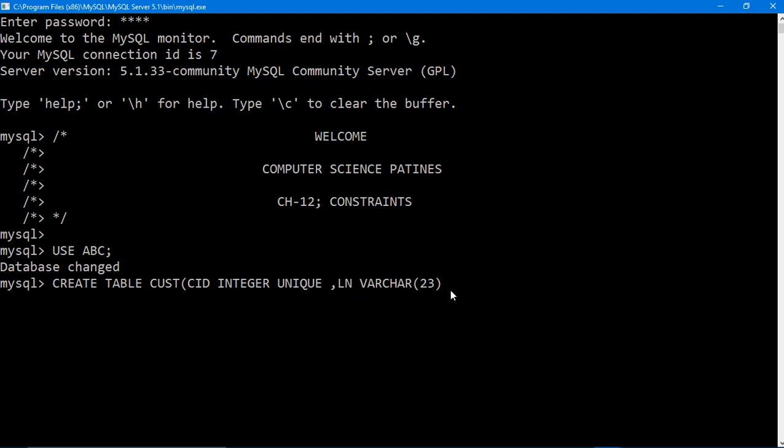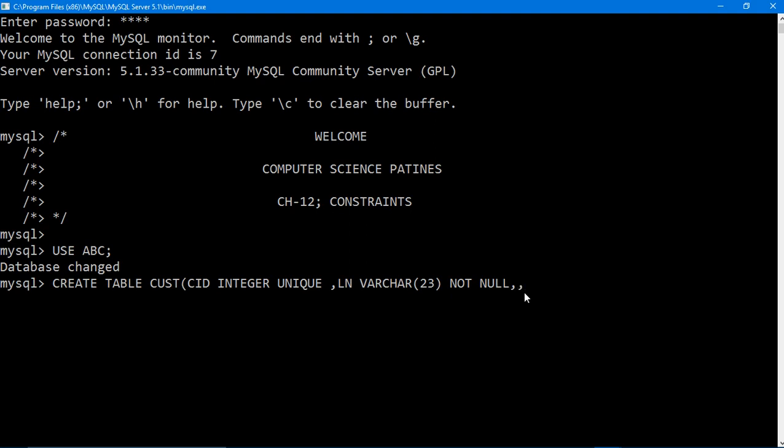Then varchar 23, and I'm putting another constraint, not null. Not null will not allow me to leave it blank, meaning if you are not entering something in last name, it will give an error.